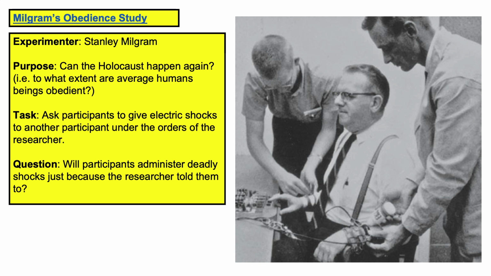Let's look at our first experiment, which is Milgram's obedience study. Stanley Milgram is the name of the experimenter, and he wanted to answer the question whether the Holocaust can happen again, or to what extent average human beings can be obedient. And as you might know from your history lessons, in the 1930s, the German state